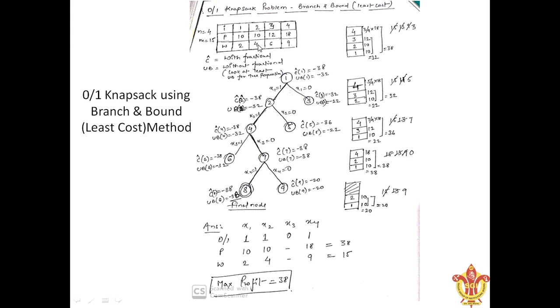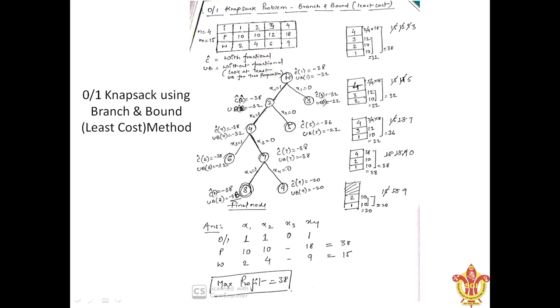Okay. So see how this calculation is going on here. We are given 4 elements, the profits and the weights. For each node, we'll have to calculate two things: a cost function and an upper bound. While calculating the cost function, we'll have to use the fractional part. We'll see how this works. To calculate the upper bound, we calculate without the fractional part. So let's try to calculate it.